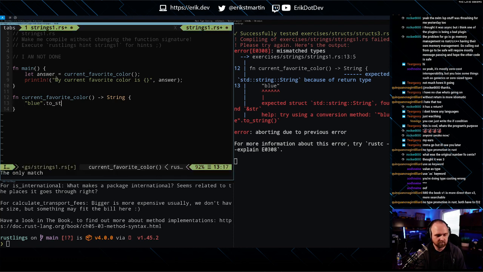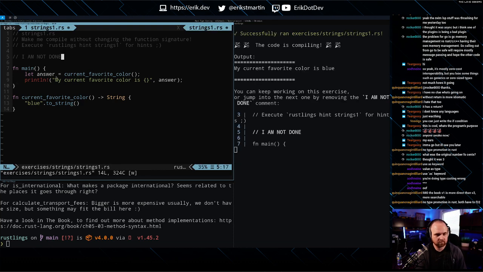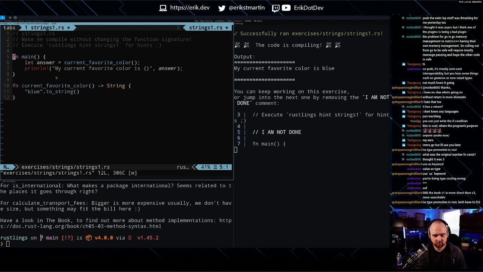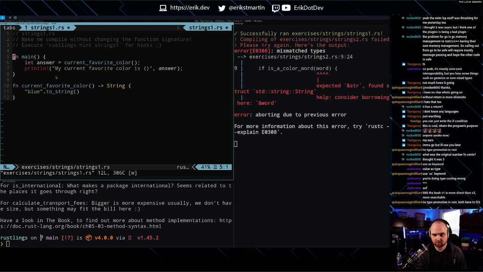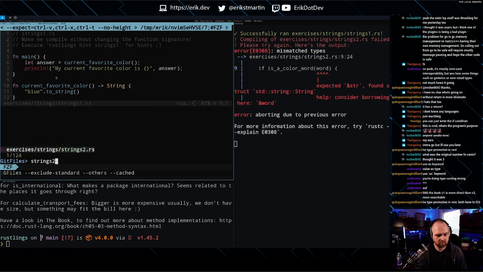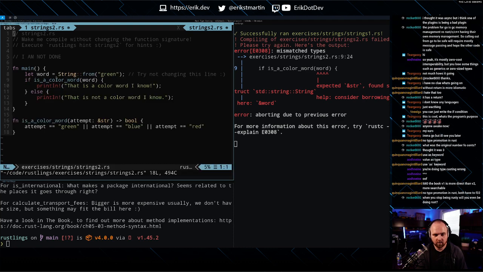Okay, so in line 9, try not changing this line. Expected, found struct standard string, so this should be a 2str, right?